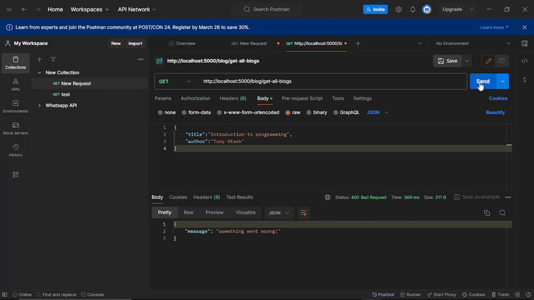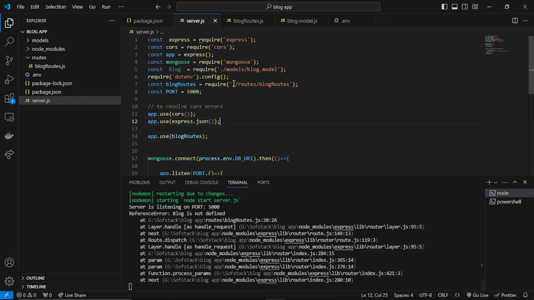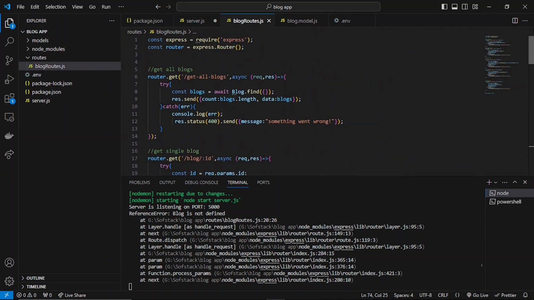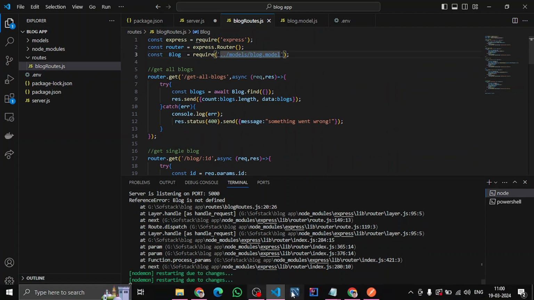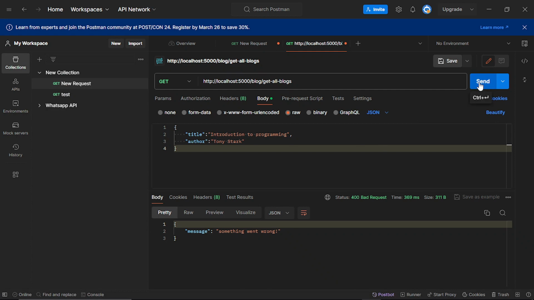that should give me, okay, let me just check. Okay, blog is not defined. We have to move this thing also there, because we are making use of this blog model, right? So we have to go one folder back. If I save it and if I make a request again,